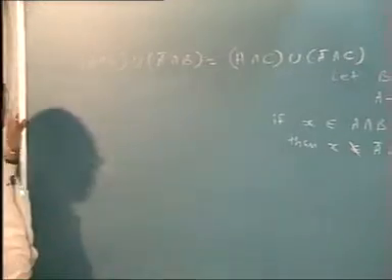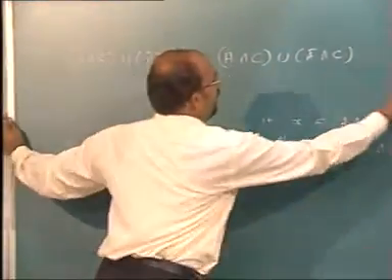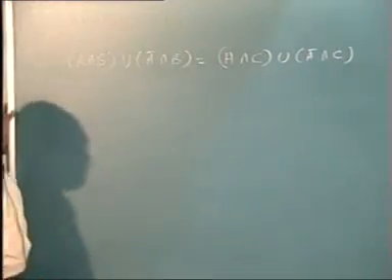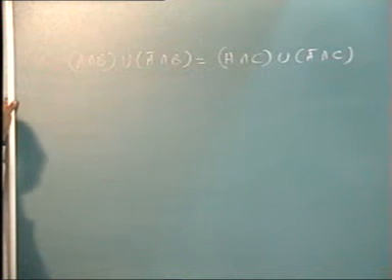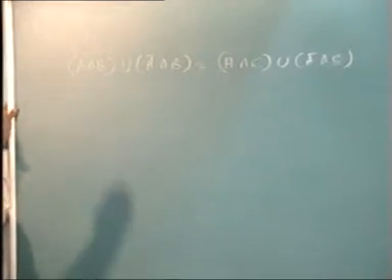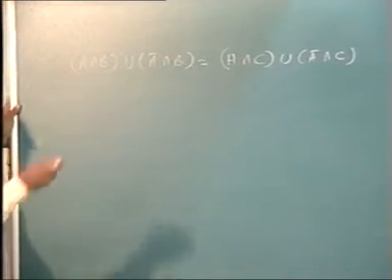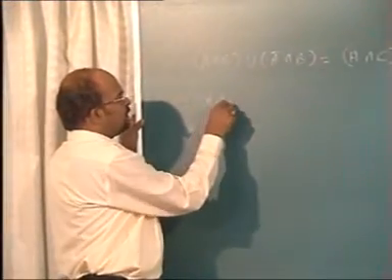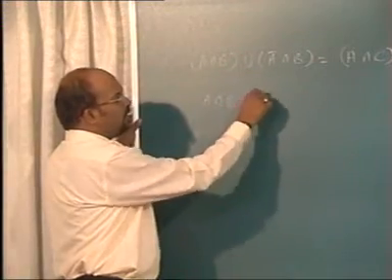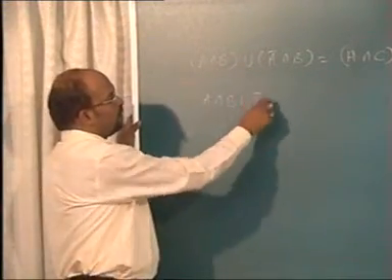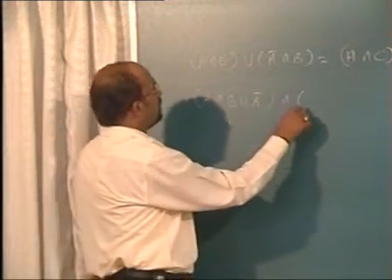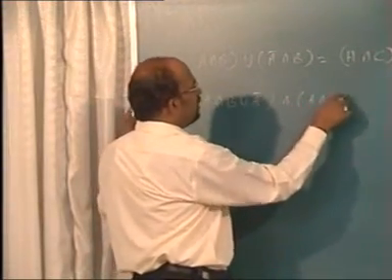Can I do this? A intersection B union A complement intersection B is equal to A intersection C union A complement intersection C. Just on the left hand side I have taken the union. Then can I distribute? I can? Okay, so it will be A intersection B union A complement intersection with A intersection B